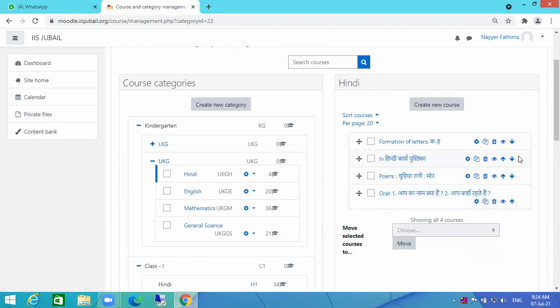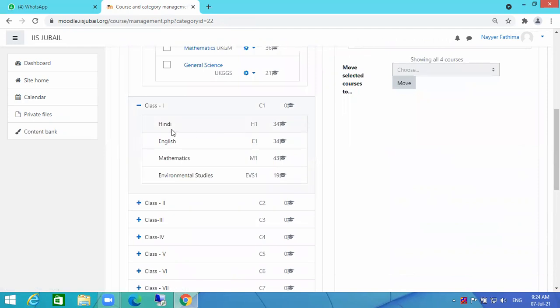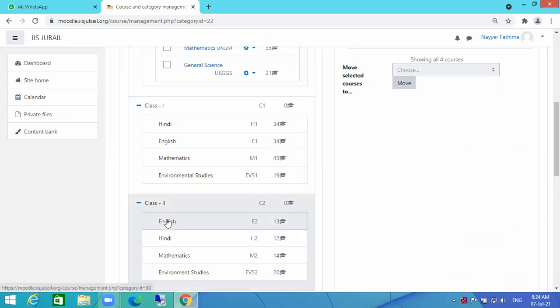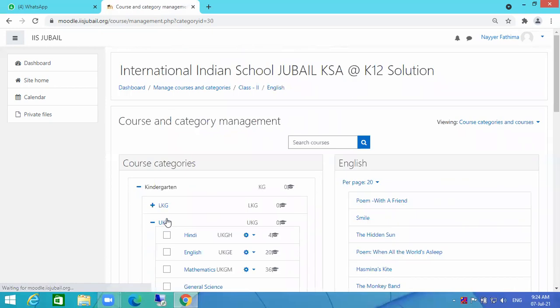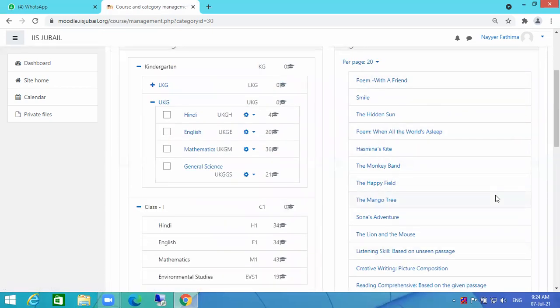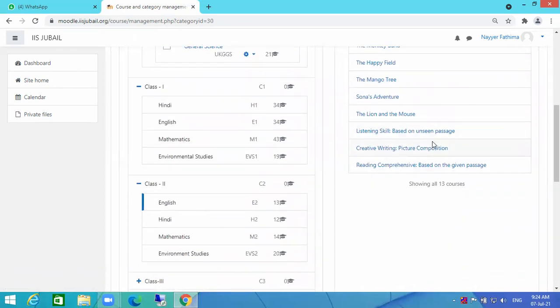You can reorder and change everything. But in class 1, class 2, or any other, you don't have access. You cannot modify anything. You can only view the name of the course. You can see the difference here. That means you don't have access for this.